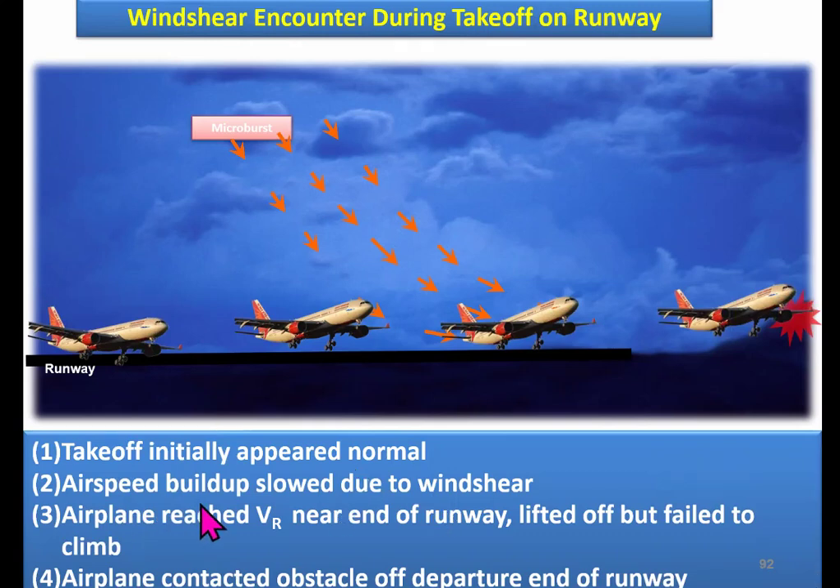So airspeed reaches VR. VR is V rotate. I will show you the video to understand V1, V2 and VR, all these speeds. Airplane reaches VR near the end of the runway. It means you could not gain the altitude. You got the VR at the end of the runway, right? So it is difficult for the pilot to get the altitude. And you all know